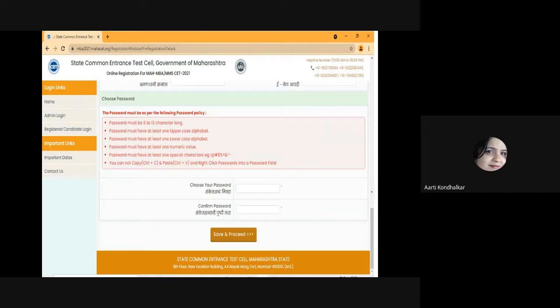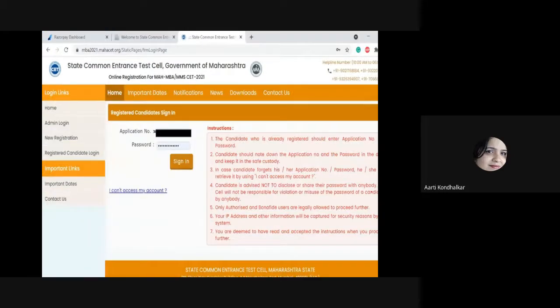You need this password every time you log in to the MahaCET portal, so keep it. Then click on Save and Proceed. If you complete your application form, you get an application number on your email ID or mobile number. Enter your application number and password and then sign in.